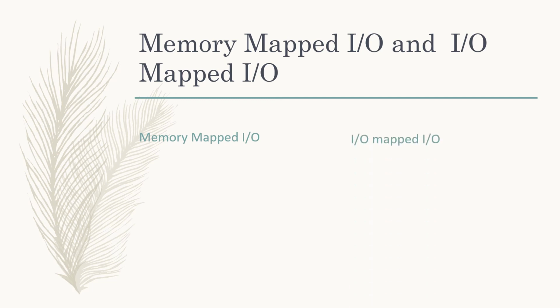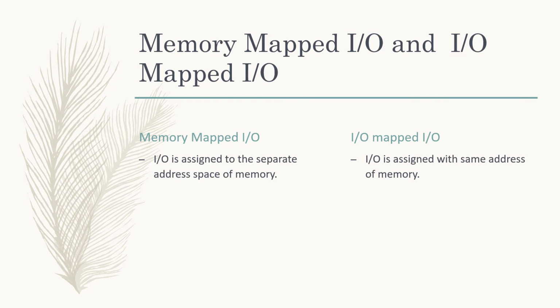Memory mapped input-output, IO mapped input-output. In memory mapped, input-output is assigned a separate address space of memory. In IO mapped, input-output is assigned the same address as memory. Simple thing. First point: if there is an address for input or output, no information will be there regarding memory. Here, if there is input and output, the same address will be utilized by the memory also. Separate control signals are not required. Here we require separate control signals like IO/M bar. Why do we require separate control signals here? In order to select the proper peripheral, either the input-output or the memory.